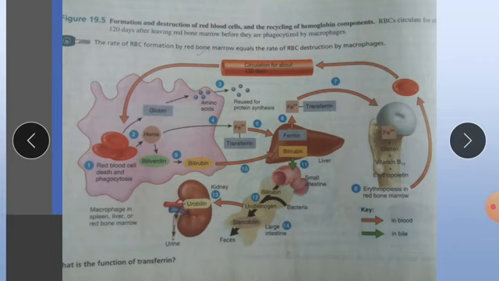Ruptured RBCs are removed from the circulation and destroyed by fixed phagocytic macrophages in the spleen and liver. What is the spleen? The spleen is the organ which regulates the clarification of our blood. If any pathogen is in our blood, it can be engulfed by our spleen. The spleen is nothing but the sanitary department of our blood. If any damaged blood cell is there, it can be destroyed by the spleen, because the spleen contains macrophages for phagocytosis.